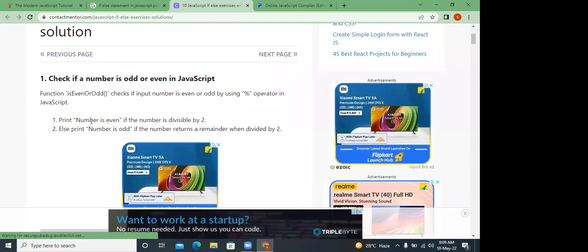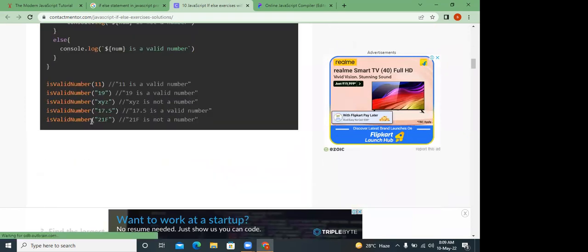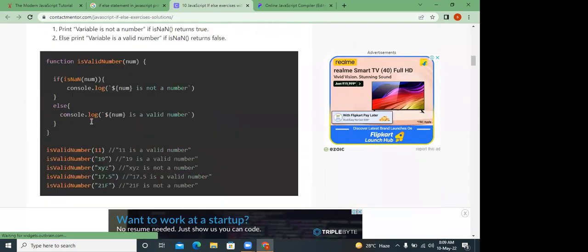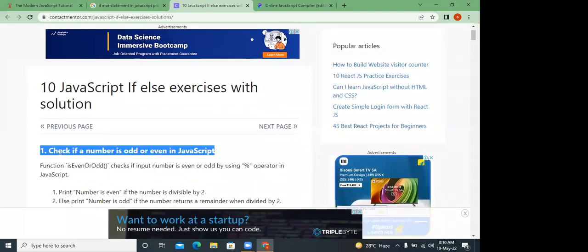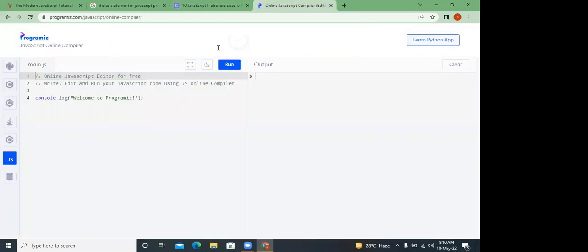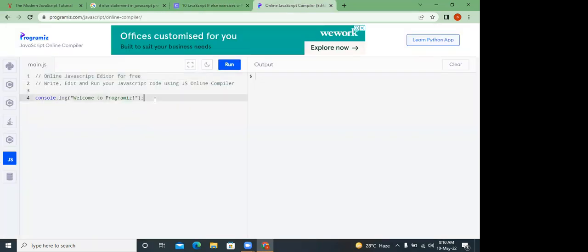JavaScript. Okay. The answer has been given as well, but we will just be checking the question only as of now. Okay, check if a number is even or odd. As of now, we will check whether the given number is even or odd. Okay, so for example,